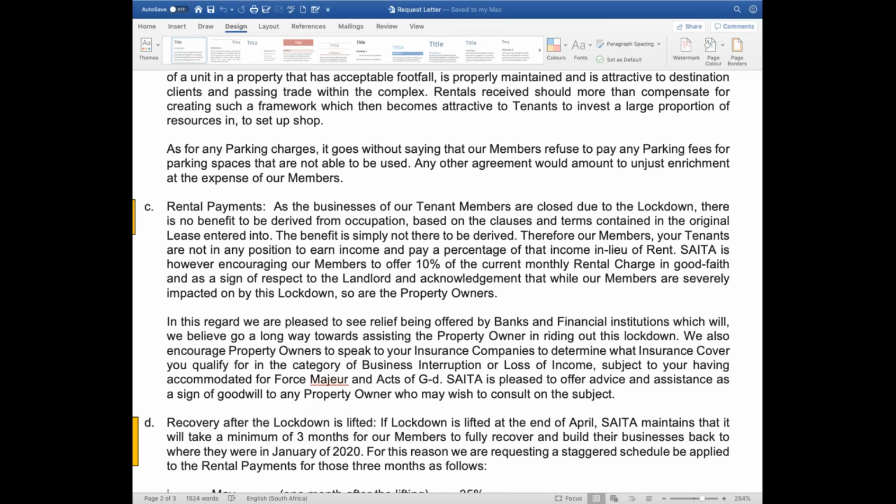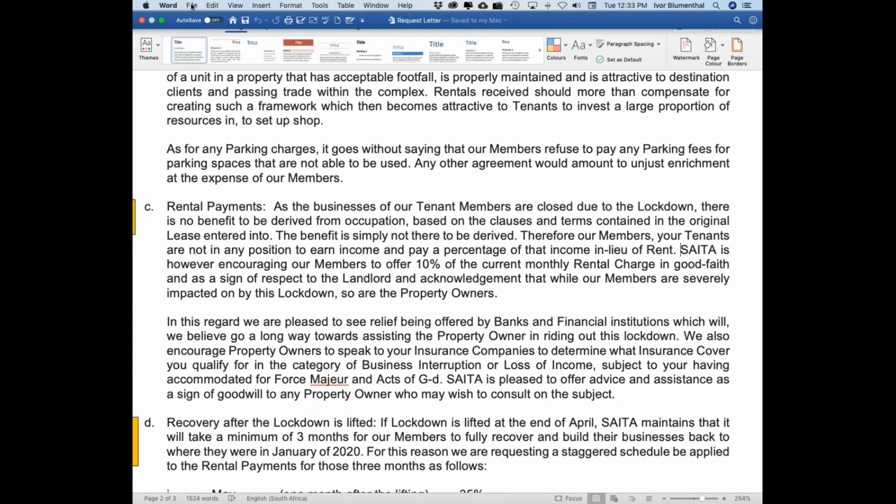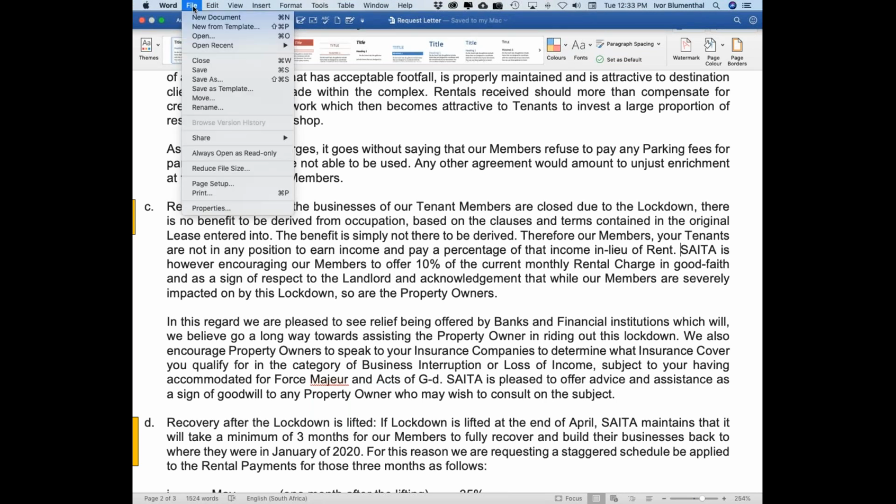I think we leave it in their court. I think we don't offer any monthly rental. If you're not generating any income, how can you pay a rental? I think it's more than sufficient that we're paying the utilities for the building and that type of thing. But I don't think an actual rental of any sort can be charged at this time or even be offered. Any other question or any other comments in that regard?